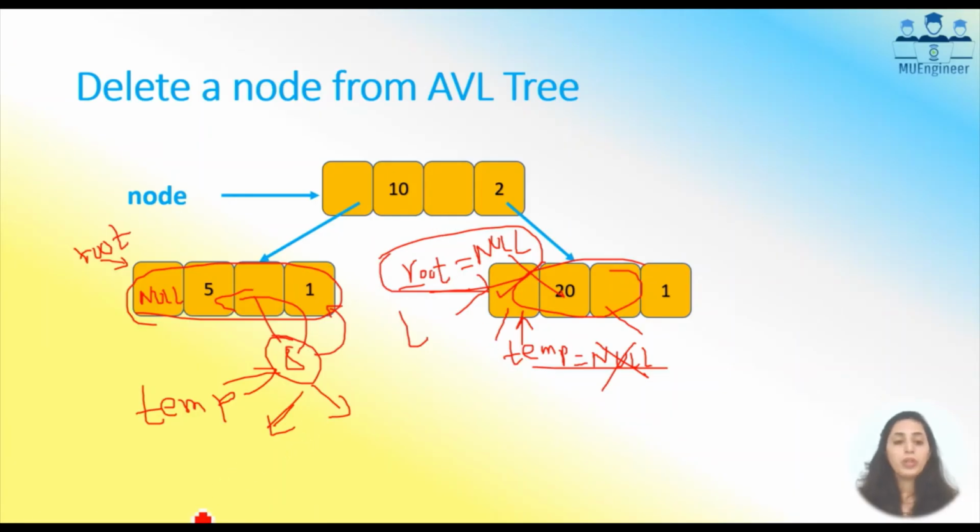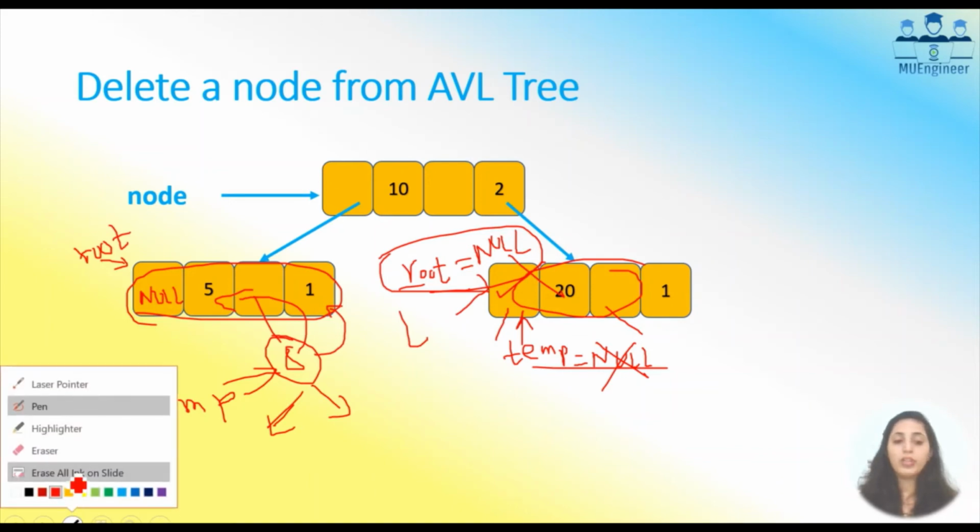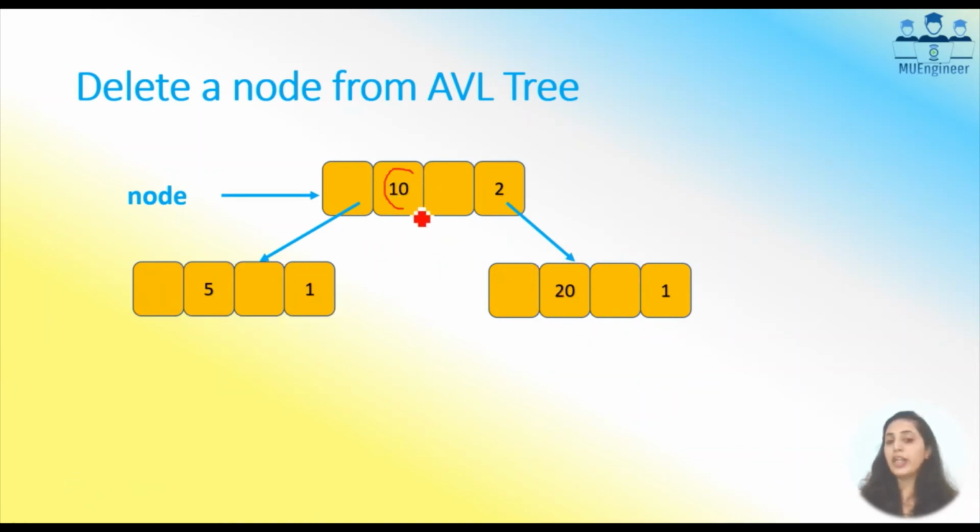Okay, so जब भी मुझे कोई node delete करना है and it is having both the child, say for example I want to delete 10 and it is having 2 child. So how do I do that? So I find out the in order successor. मतलब right side में, right subtree में से सबसे smallest value I will choose, which is nothing but in order successor, and that particular value I will replace with the node which I want to delete. So now your root is pointing to the node which you want to delete, which is having 2 child.